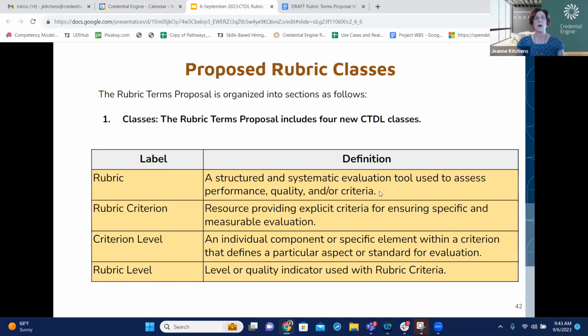And as well, you might have feedback on including a comment. So these are our proposed definitions that came out of the rubric task group. And we're not going to read all of the terms and definitions in this webinar. We're going to ask you to take a look at the terms proposal and read those definitions and provide your